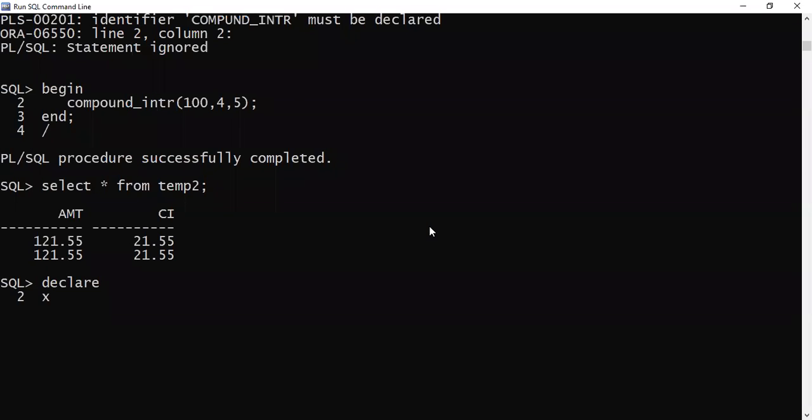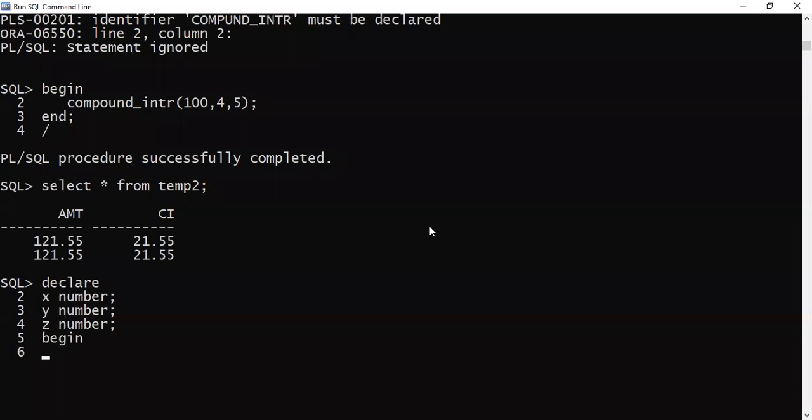Here, P I am taking as X, then T I have taken as Y, and R I am taking as Z. So that means P value I'm accepting from the user as X. So how do I accept it from the user?